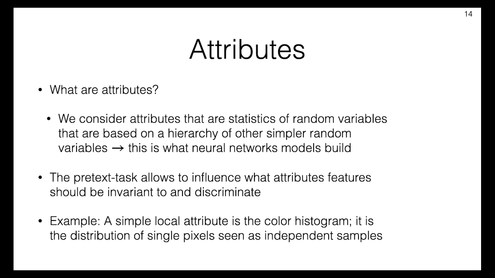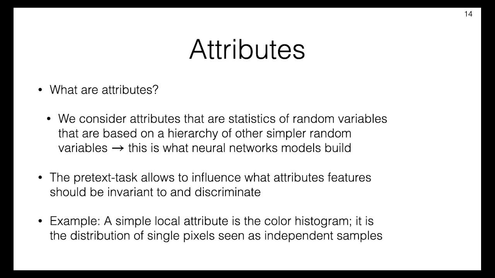This kind of attribute may be useful for basic tasks, but it is certainly not powerful enough to perform object classification or detection. We refer to such attributes as local, as they characterize statistics of only small sets of pixels. Indeed, color histograms are the most extreme case where the set consists of a single pixel. We argue that global attributes, that is, attributes that characterize the statistics of many pixels, allow instead the solution of more advanced and sophisticated transfer tasks.